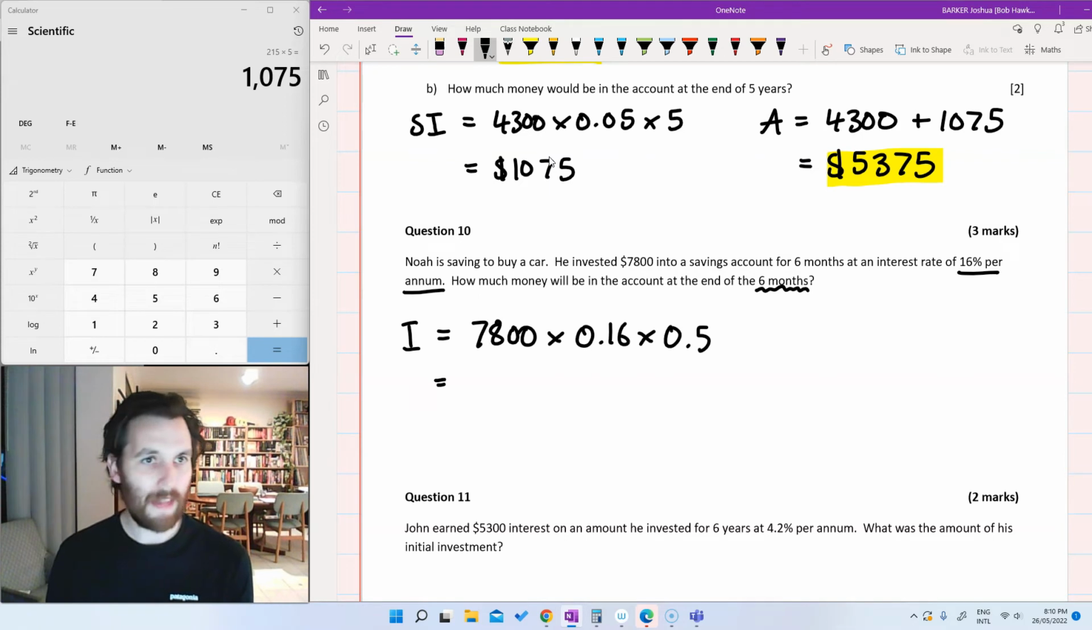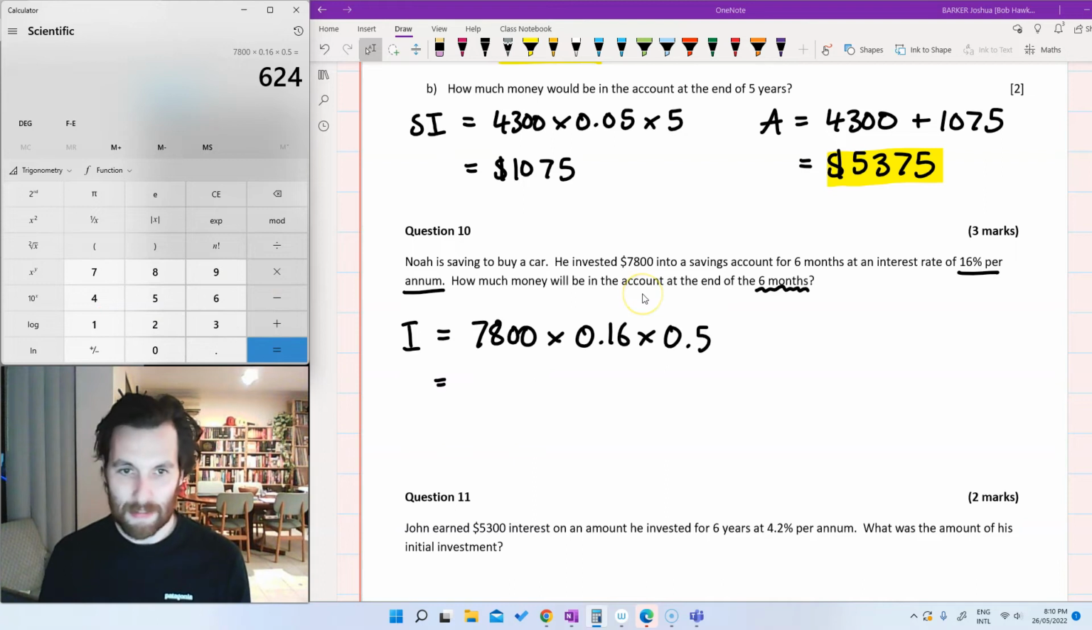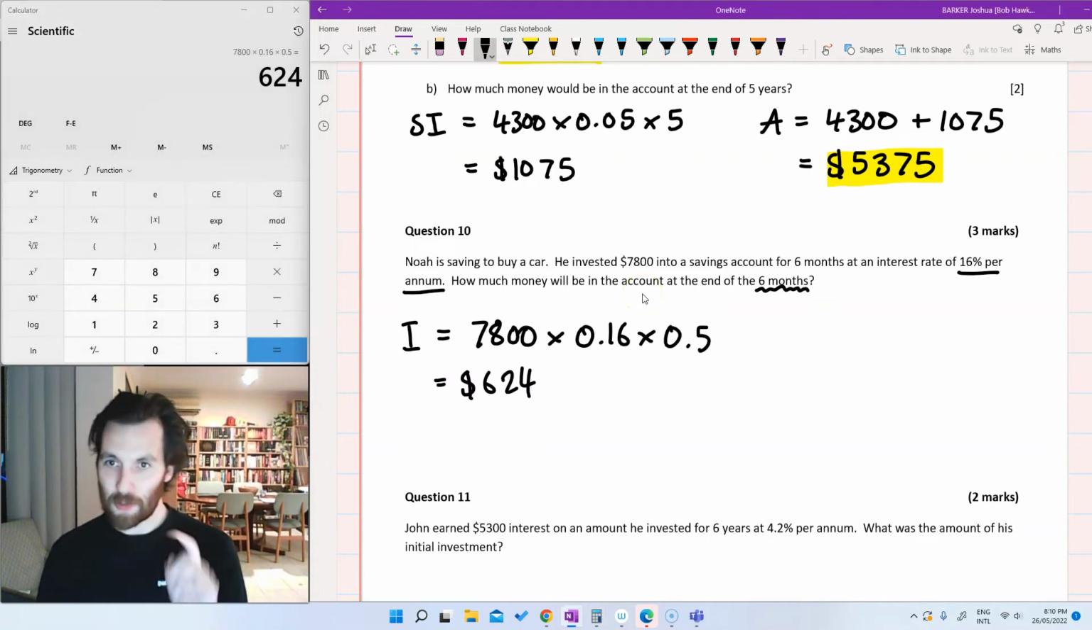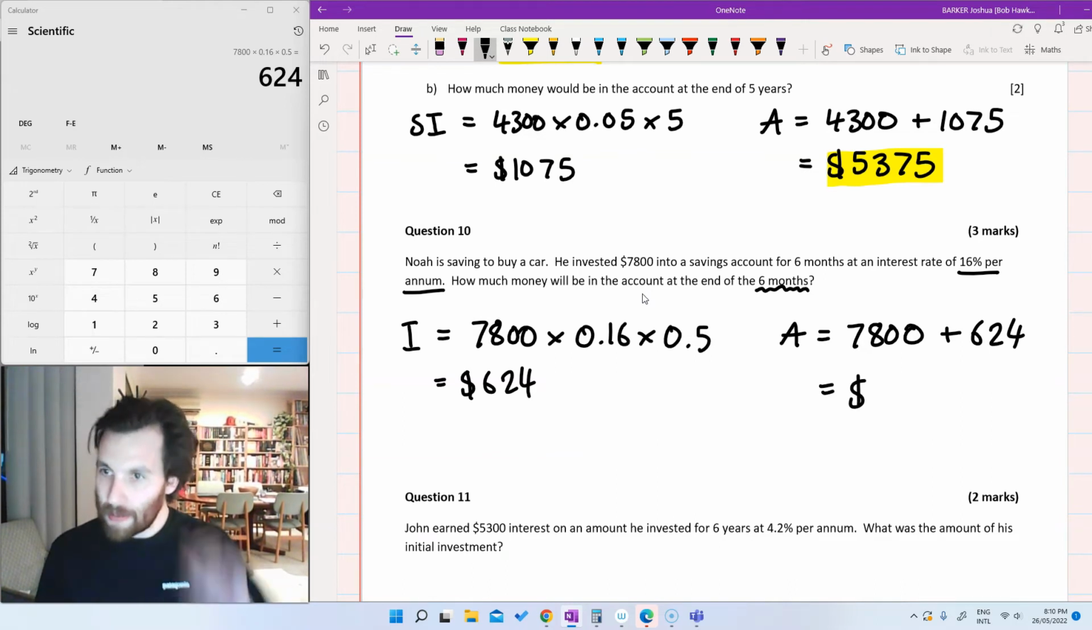So my interest there on my calculator again, 7,800 multiply by 0.16, multiply that by 0.5. Gives me $624. But again, this question's asking for the final amount. So the final amount is going to be given by what I started with, which is 7,800, and I need to add on to that $624. So for this one, we're going to end up with